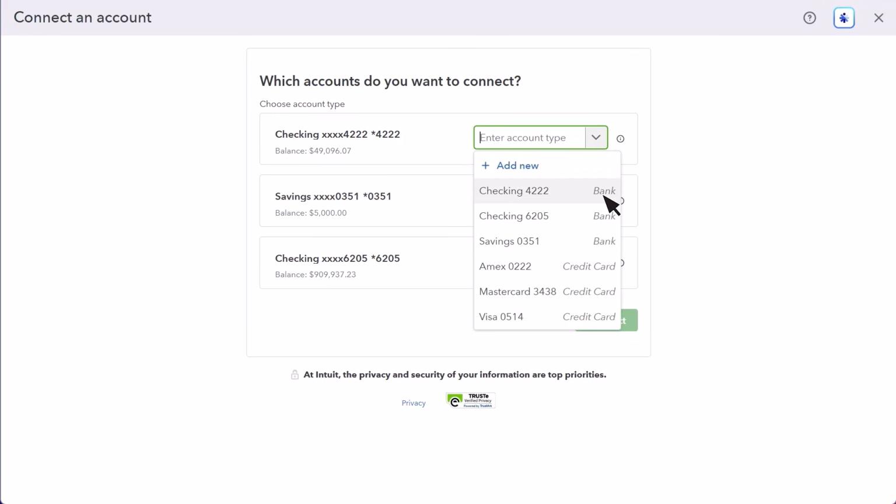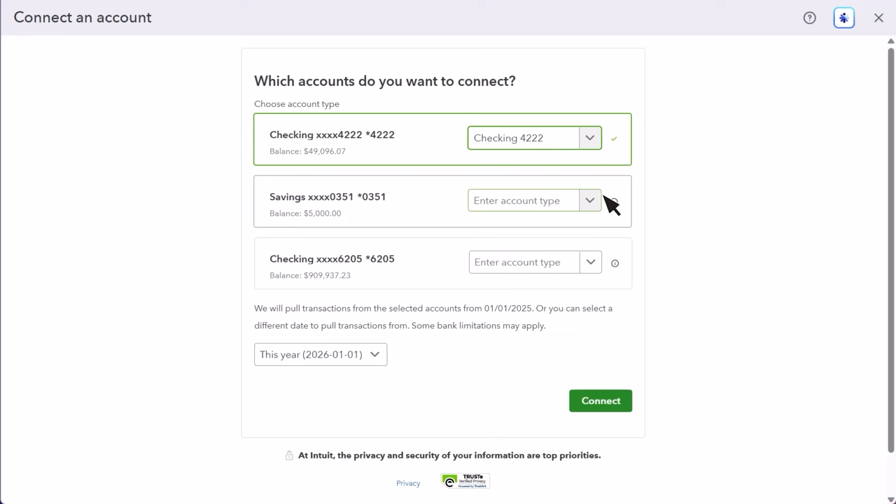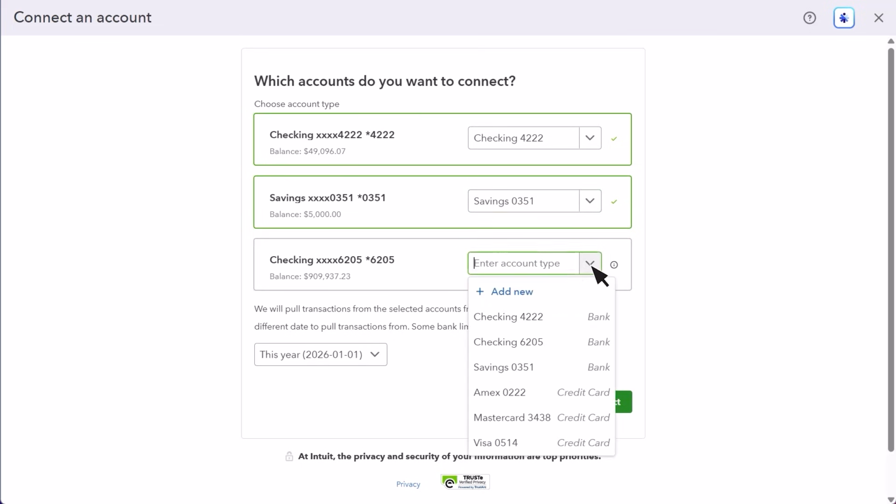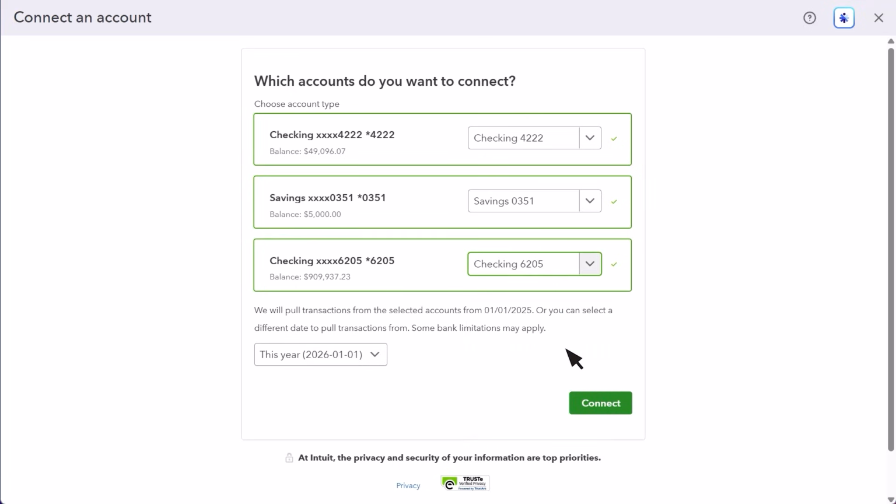At this point, QuickBooks will connect your online account with one on your chart of accounts. If you've already set up the account on your chart of accounts, you can choose the relevant account from the drop-down menu. If you have not yet created that account on your chart of accounts, select Add New to create it from here. Once you've selected the accounts you want to connect, you need to choose how far back you